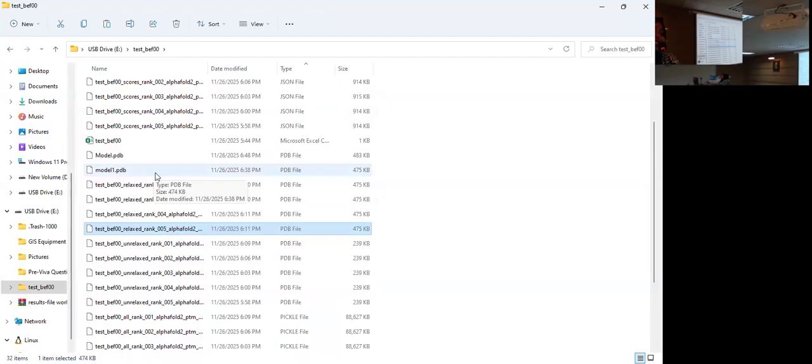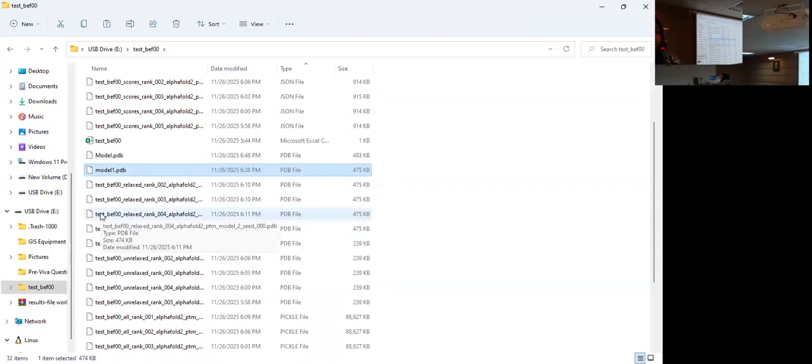When I provided you the results, I renamed the top model as model number 1. This model 1 is the rank 1 model. Actually, to get the best result, I just renamed the file so that in the next steps, you don't select the wrong PDBs.